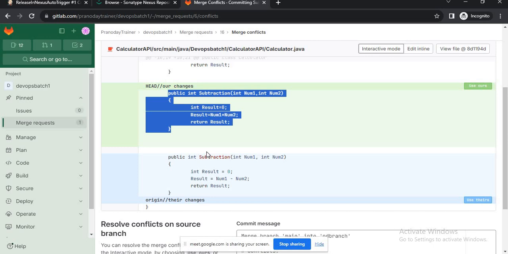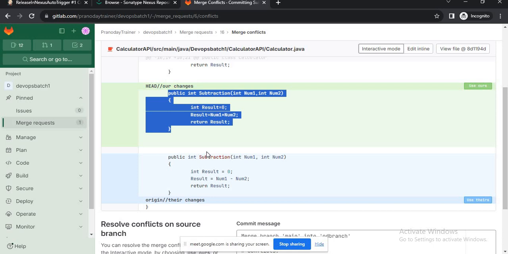Now when does the conflict arise? Let's understand. When for the same line of code there is a different version or some different change, or different content, in the branch you are merging from, and different content exists for that same line in the branch you are merging into, right?